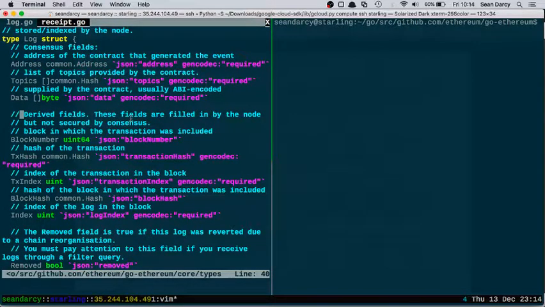Derived fields. These are filled in by the node but not secured by consensus. This has a lot more comments on it than the other one. I don't even need to fill anything. Block number: which block it's put in. Transaction hash: which transaction this log was in. Transaction index: in the block,